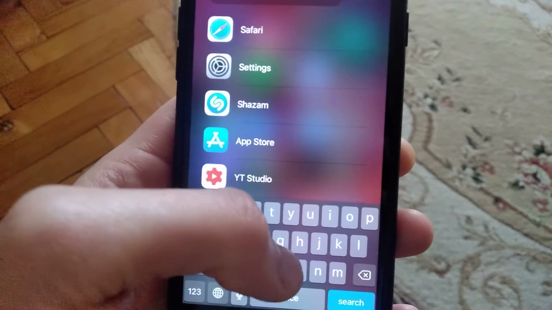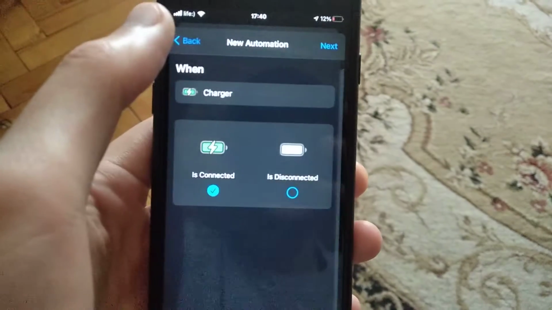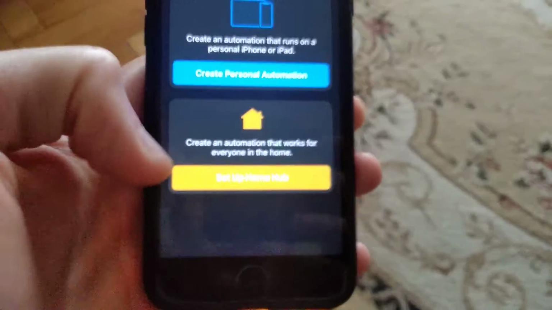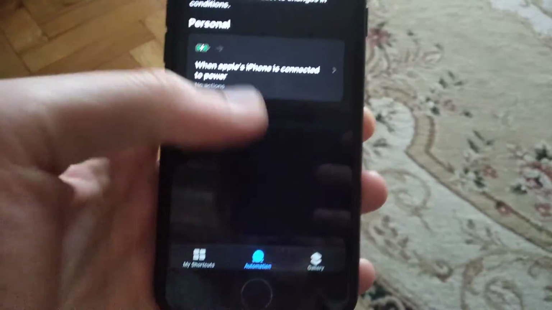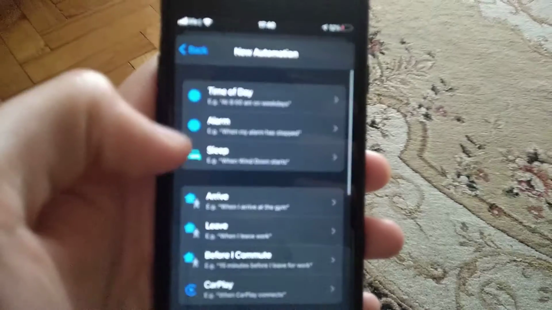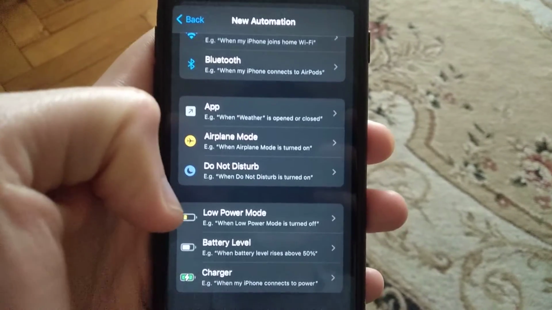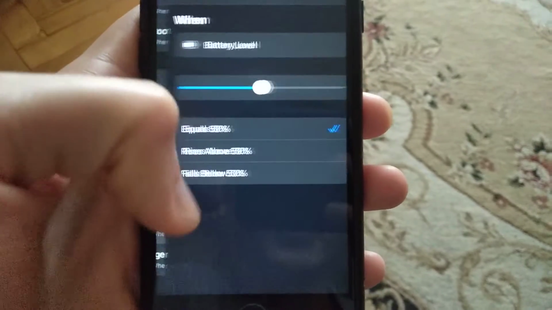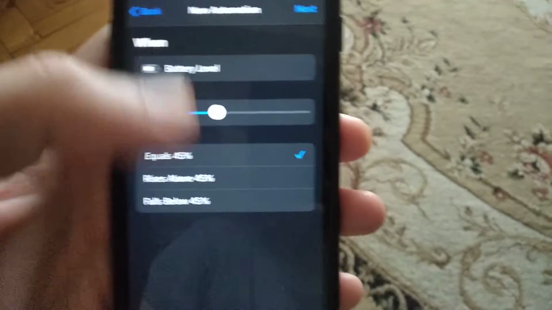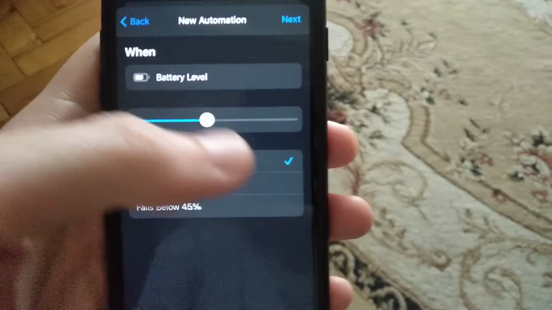Shortcuts. So just find shortcuts and now you just need to open second tab automation and just click on it. Just choose create personal automation and now you just need to find here battery level. So just choose how much you want to have percent of battery to enable low power mode, and